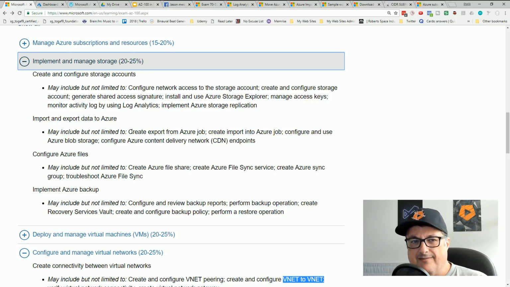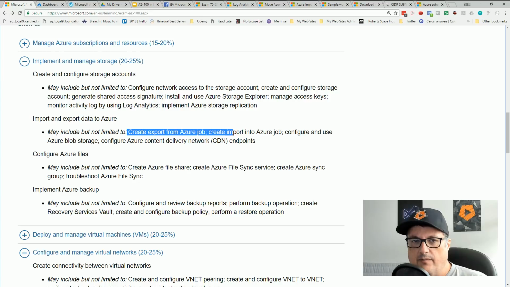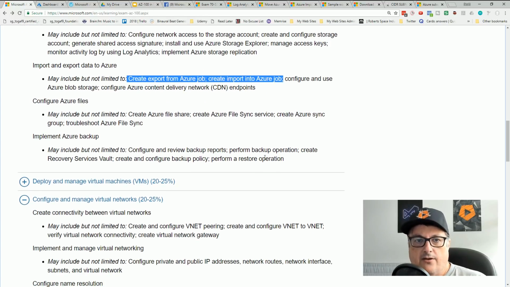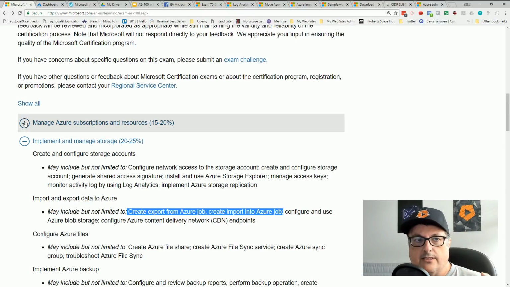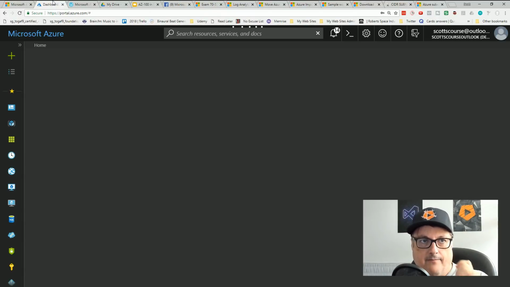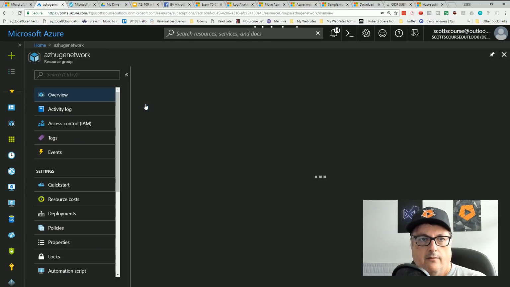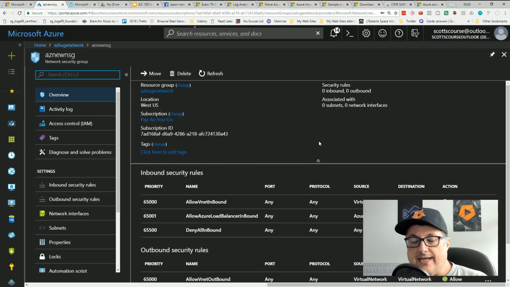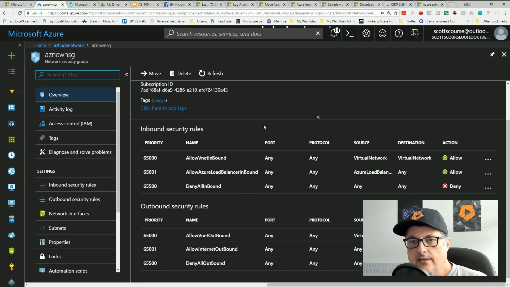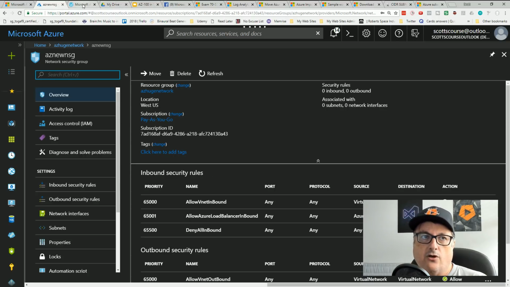I want to dive into this import/export a little bit more because it's kind of new for me. The way that you create service endpoints and restrict resources to certain networks, that's all relatively new.